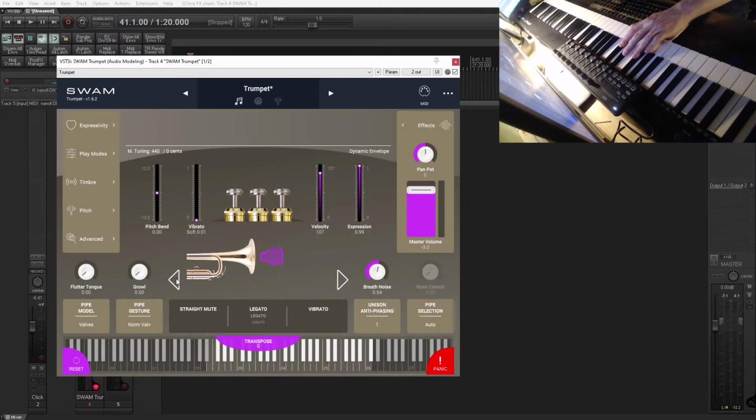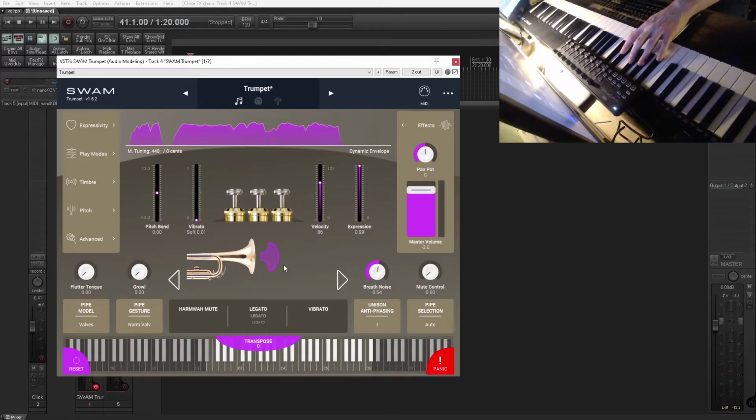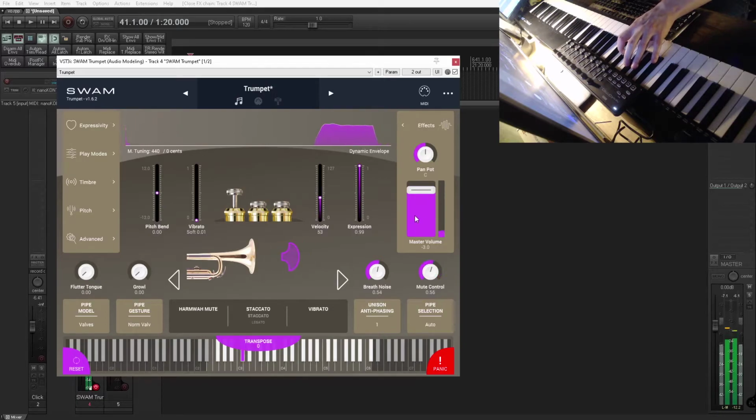Some different mutes. Now this straight mute is what goes, it slots into the instrument, so you can't control it. But this one, this wah-wah mute, you can obviously do it by the mouse as well, but when you're playing,